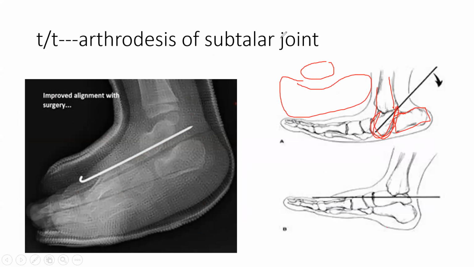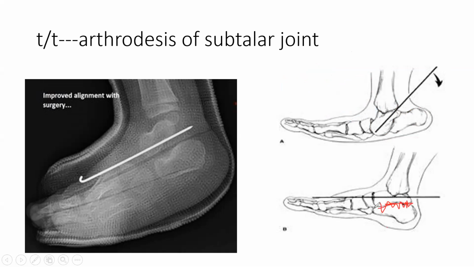Okay, so what type of treatment will we do? We will lift this talus. So हम लोग ये क्या करते हैं? We put this K wire inside the talus and try to correct it. So try to lift the talus above the calcaneum. Once it is above the calcaneum, you fix it with the other bone. So you do arthrodesis of this joint. So ये जो joint है, you put the K wire, you try to lift this talus. So talus ऊपर आ जाता है, calcaneum नीचे जाता है. Now this joint, ये subtalar joint को fuse करते हैं.